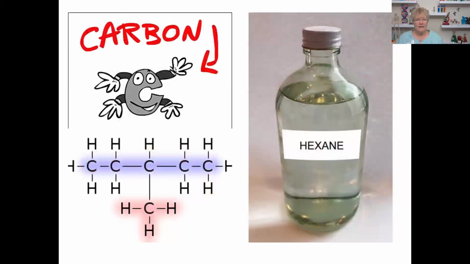Here's another one that is a branch chain. So here's the branch right down here. This part is the branch right there. Now this is C, these are supposed to be H's right here. Again, they were cut off. This is hexane. So hexane is used to get oil out of seeds. Like if you ever see corn oil or sunflower seed oil, they use hexane to get the oil out.